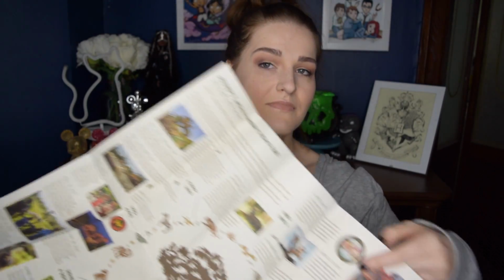I also really like that they give you nicer keepsake maps for any of the anniversaries that the parks are having. So I have one from Animal Kingdom's 20th anniversary, which I was down there for. And they are a little bit more involved, I guess you could say. Once you fold them out, they have some history about the parks that takes you through the years, which I like. I also won an Epcot 35th anniversary one from a podcast that I listen to called The Mad